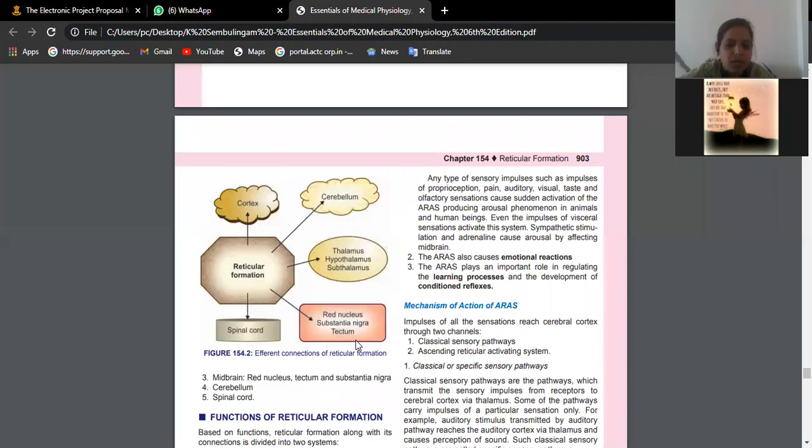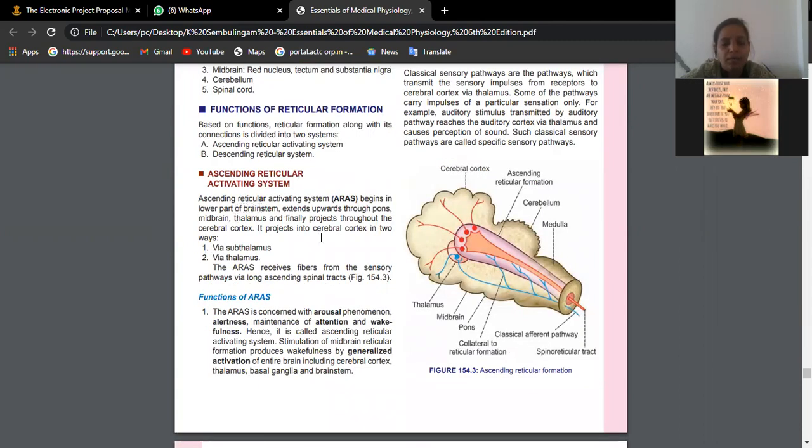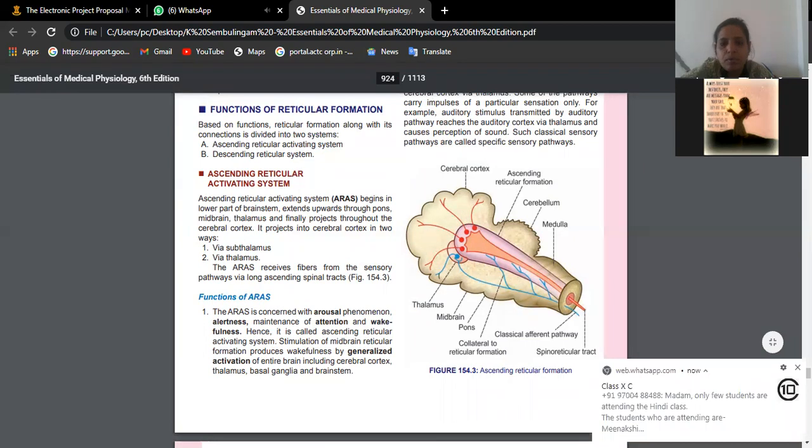In the functions of reticular formation, we have two different types: the ascending reticular activating system and the descending reticular system. The ascending reticular activating system is something like the ascending tracts we have studied in the spinal cord. What are the tracts we have studied? Spinothalamic, isn't it? Anterior spinothalamic, lateral spinothalamic, which take information to the brain. So similarly, here also we have